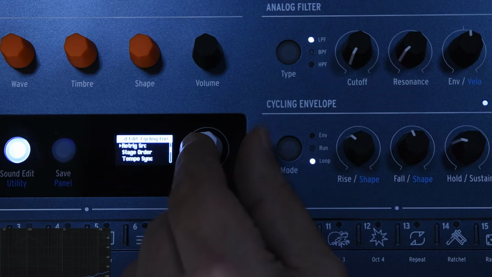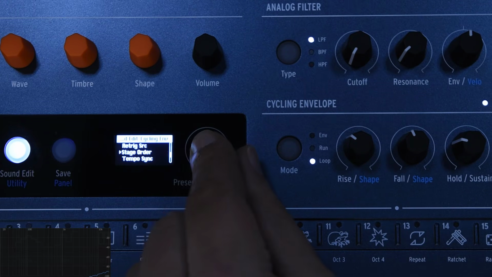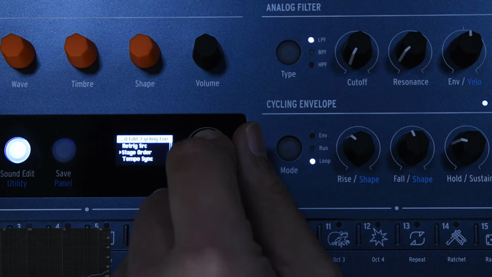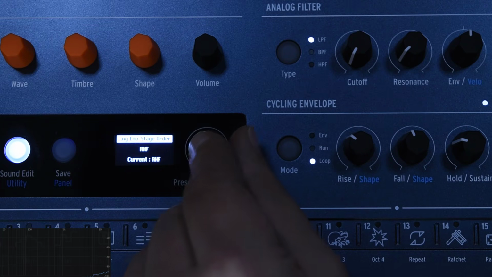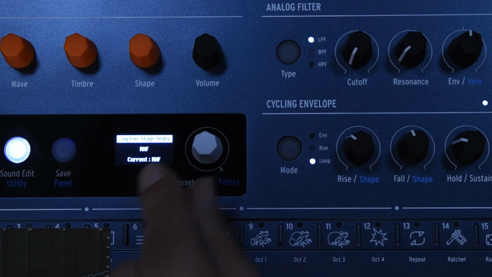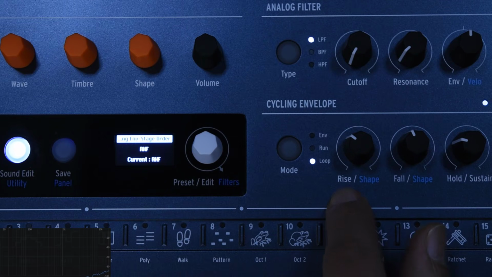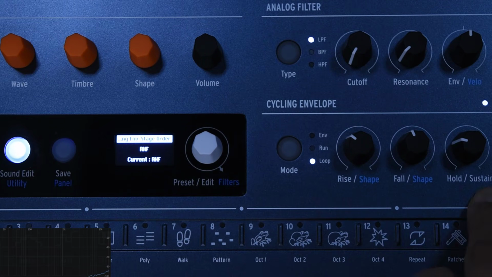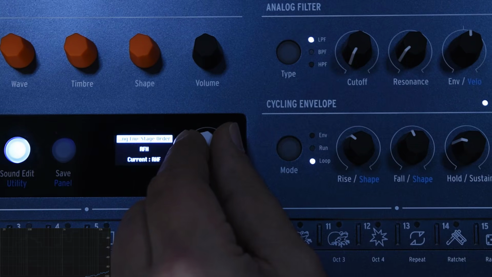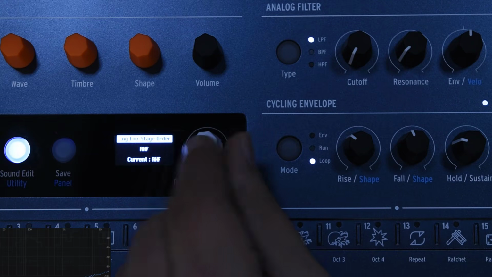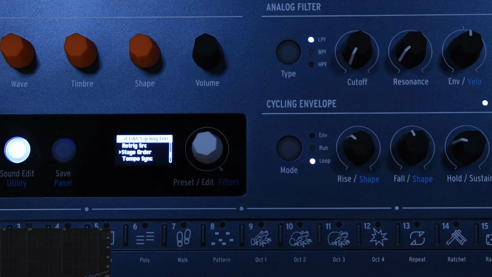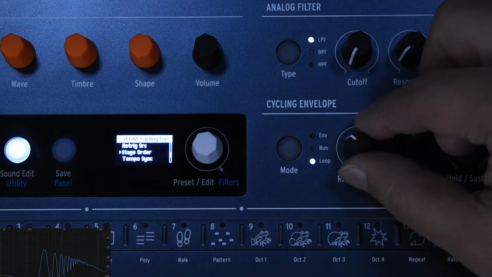Now, then you have other interesting things right here. You have the stage order. If I go here, it's going to give you different profiles. First is RHF, which if you think about this is going to be rise, then hold, and then fall. And then you have other profiles. So if I go here and select that one, which is again the default, when I just play a key,